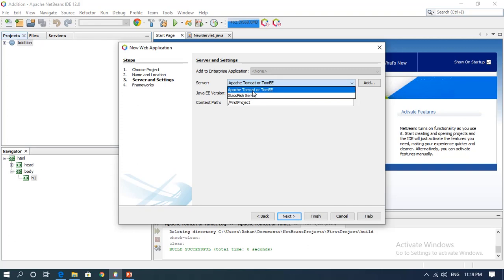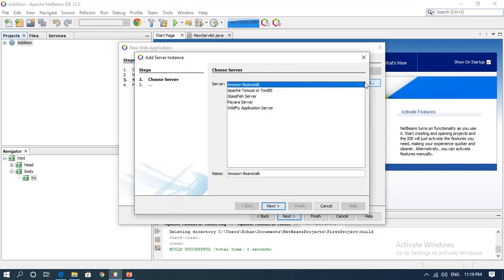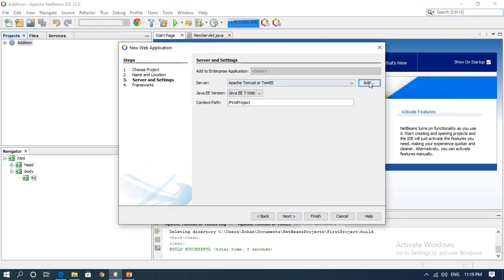If you want to have some other server, you have the option of adding a server, and here you can have other servers. Simply click on that, download it, and you can install that particular thing. Okay, so we'll simply go back, and here we'll have Tomcat Apache. So I have just selected Tomcat server.